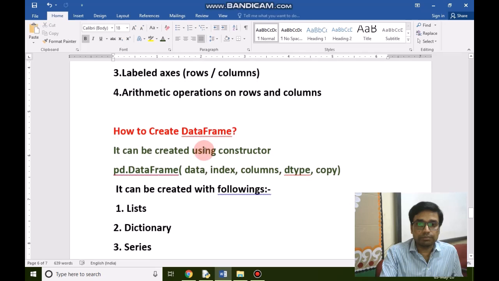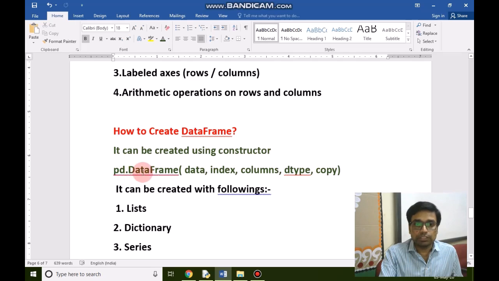So we will come to how to create a DataFrame. It can be created using a constructor. The syntax of the creation of a DataFrame is pd.DataFrame. pd is an object, DataFrame is a function, D is capital, F is capital, there is no space between Data and Frame.